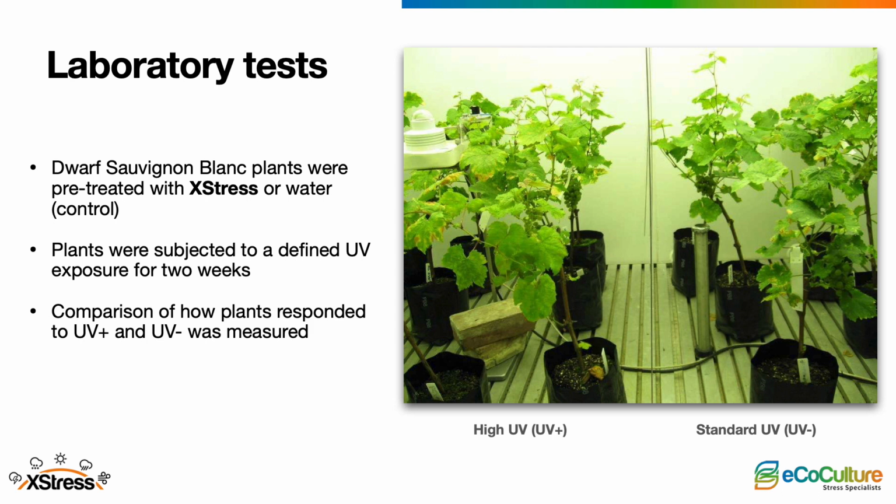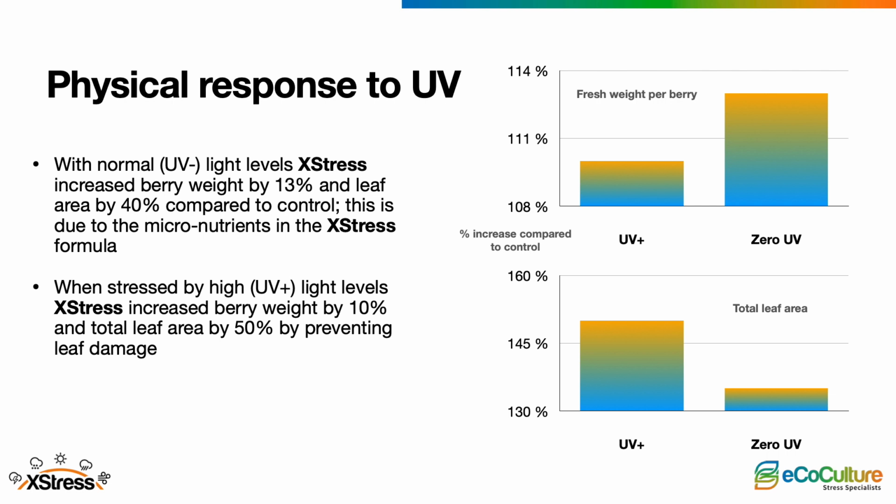Dwarf Sauvignon Blanc plants were pre-treated with XStress or water control. Plants were subjected to a defined UV exposure for 2 weeks. Comparison of how plants responded to UV plus and UV was measured. Physical response to UV. With normal UV light levels, XStress increased berry weight by 13% and leaf area by 40%